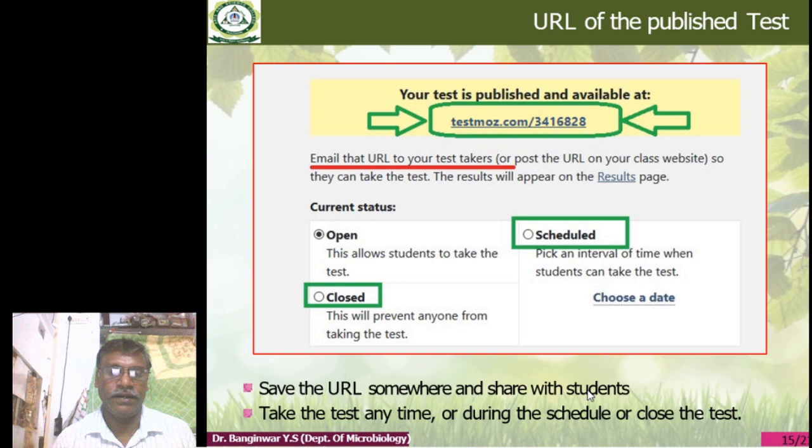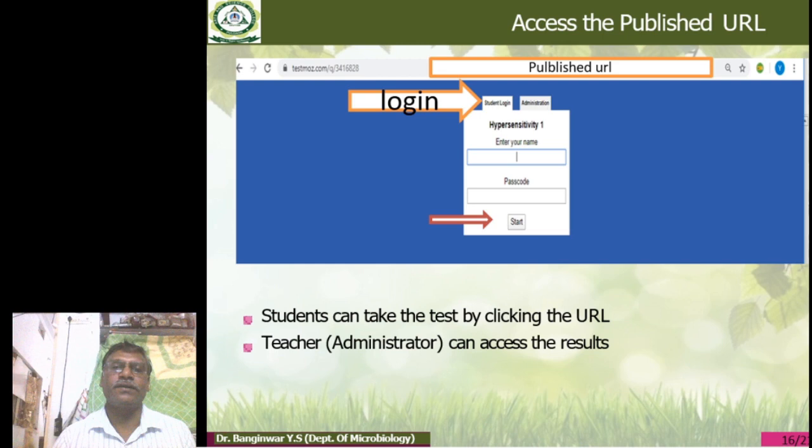Take the test anytime, or during the schedule, or close the test. It depends upon the teacher. Once you have published it, your test looks like this. You get two logins: one is the student login, and the second is the administrator, that is the teacher. The teacher password will be different and the student password will be different.